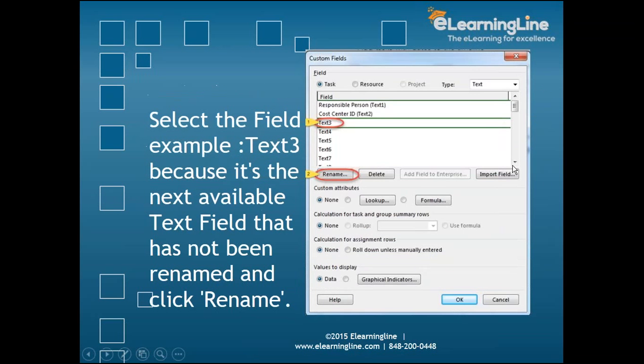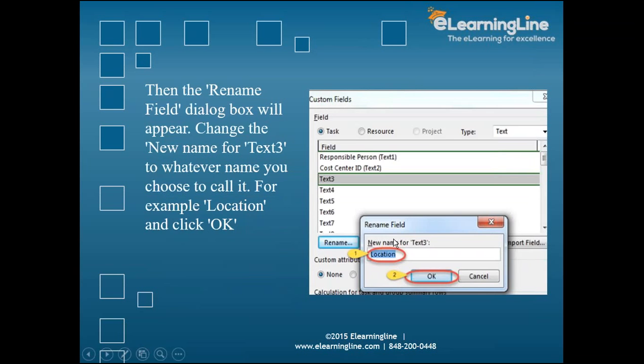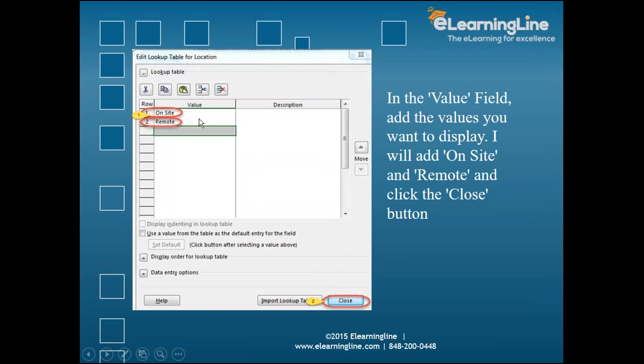The moment you click on this lookup, you have an option to put the formula also. So for this particular field, if you want to have some formula where automatically something gets calculated, if you select that field you can design it. So you can enter the formula also. But here we are doing it for the location. So I just took location and then went to the lookup table. Now it is asking me what values I want to define for the location. So let's say I have the on-site versus remote. So I have the employees, the resources who are on-site, and the resources who are remote. So I want to define that.